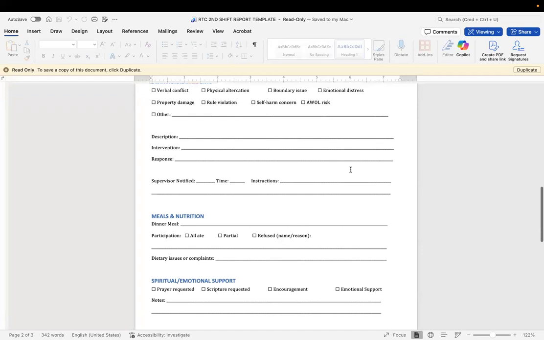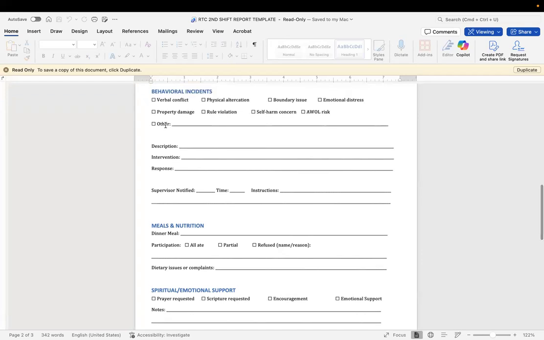All right. Any property damage? I accidentally shut the door too hard and busted out a window. Well, if I've had three accidents of shutting the doors too hard and busting out a window in a week or even a month, that's not normal. That's not okay. So it's articulating those things so we can start to catch patterns. And then rule violations. If people are losing merits, if they are meriting out of the program, things of that nature, it's extremely important to list that here.